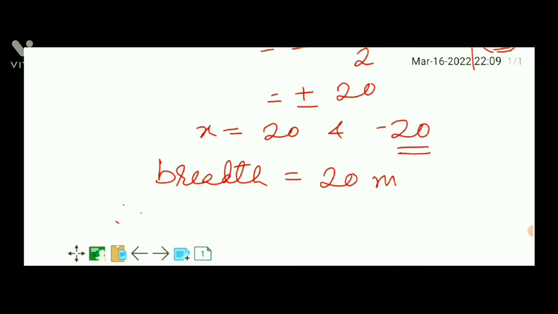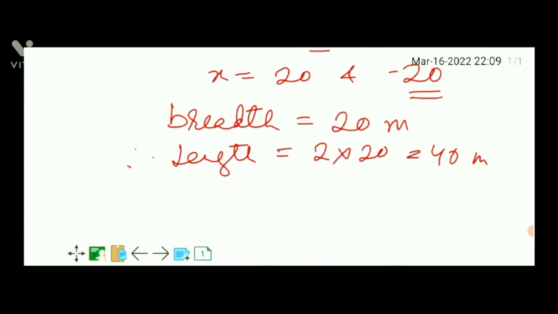So this will be 20 meter, and length will be 2x, so ultimately 40 meter. Obviously if breadth is 20 and length is 40, then the area 20 into 40 is equal to